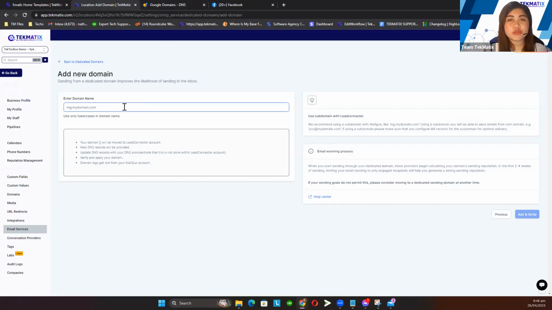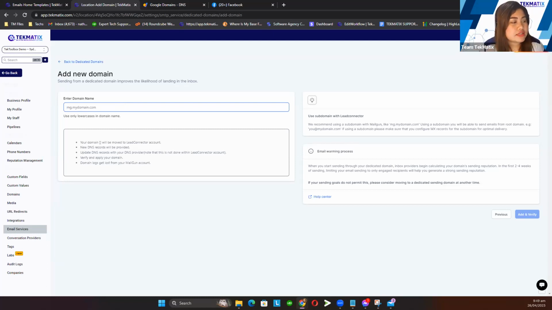So we suggest when adding a domain for your email sending domain, it should be in the form of a CNAME. So it will have a word, .yourdomain.com. So that's how it should be set up. For example, for email regulation, we suggest that you send out your email under mg.yourdomain.com,